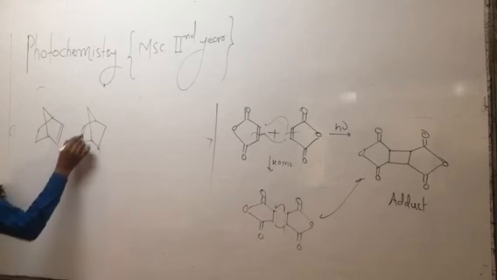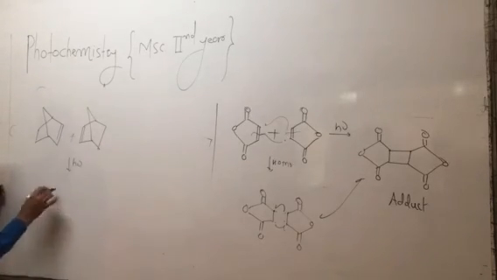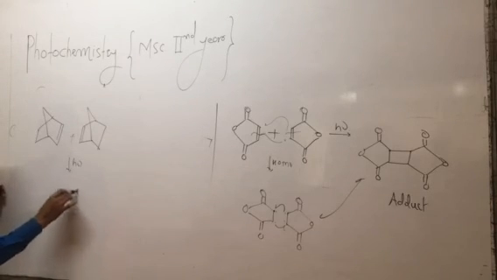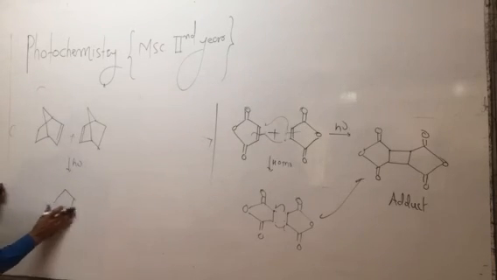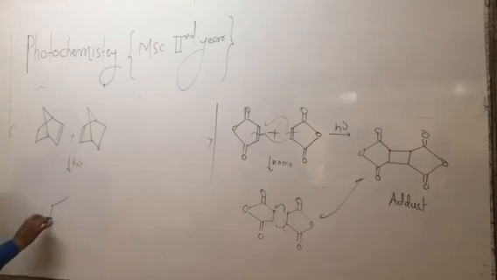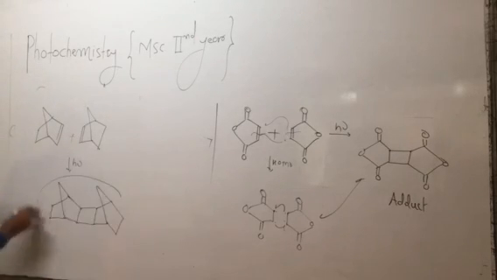The pi bond and pi bond are dimerized in the presence of the photolight. There is generation of a bond between carbon and carbon, and this type of species is obtained. This bond is formed between the carbon and carbon, a dimerization takes place, and this type of product is obtained. Such a reaction is called a photodimerization reaction.